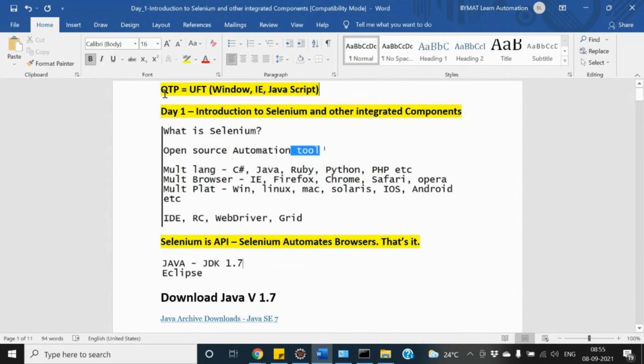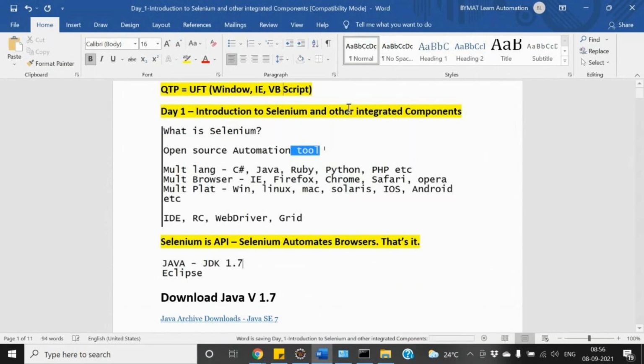Actually, I think QTP was supported by VBScript. I never worked on QTP, so it might be VBScript, not JavaScript. Yeah, VBScript. All right.